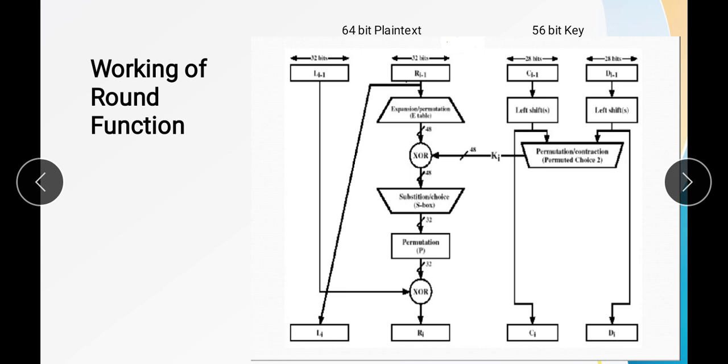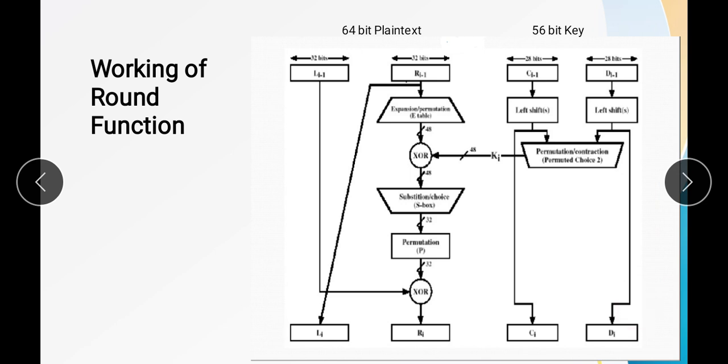We have L1, which was initially R0 and now becomes L1, and so we have L1 R1. Now the keys: after the left circular shift we get the output, and that output will be used as C1, the left part of the key, and similarly we'll use the right part of the key from the second part.